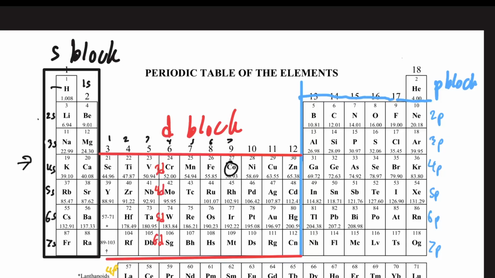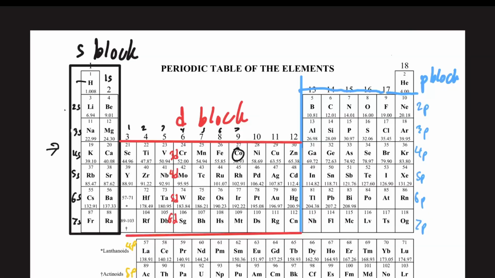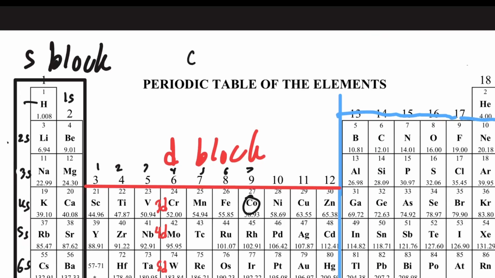Yeah, so now just give me 1 second. So now, when we go with the ions, if it's not a transition metal, then you'll just, for example, if it's like C plus, then